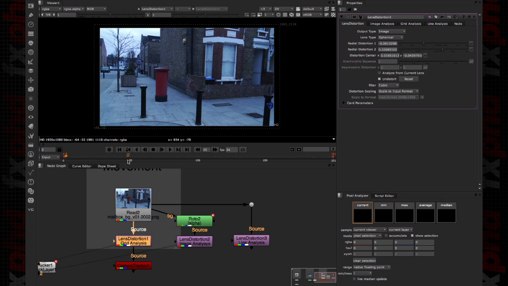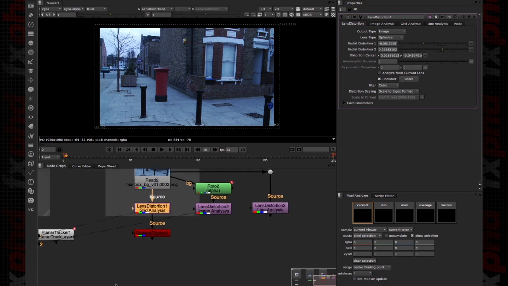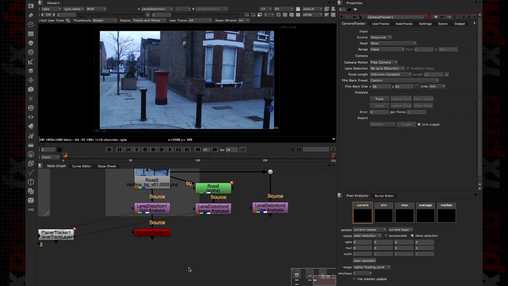Well, in the virtual 3D world, we don't have lens distortion, but in the real world, we have it. So what we need to match is the virtual 3D world to the real world. So we are going to work everything inside the virtual 3D space without the consideration of the lens distortion. But as soon as we render any patch or painting or even geometry, we need to apply the lens distortion back in order to match the same ratio of distortion from the original plate. So now that the lens distortion is not a problem